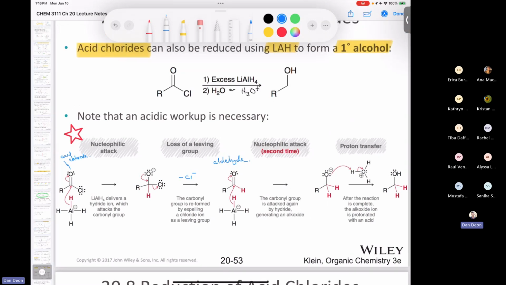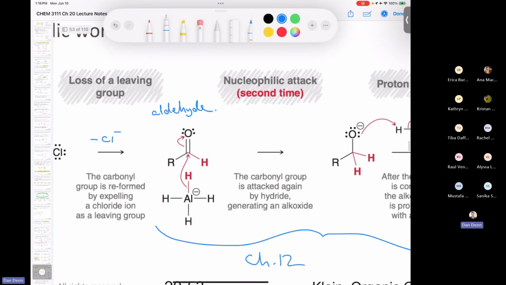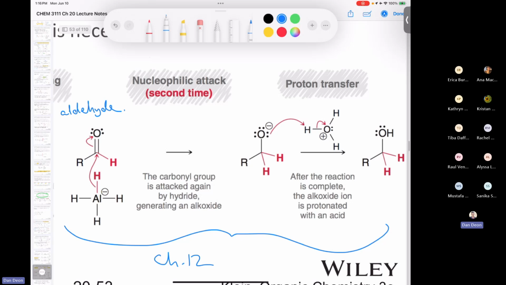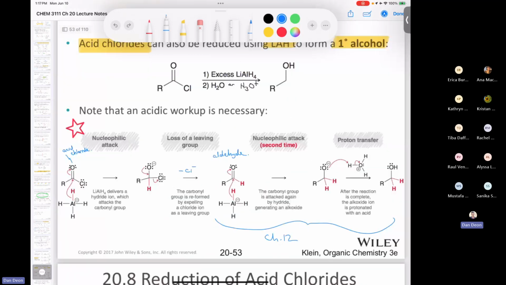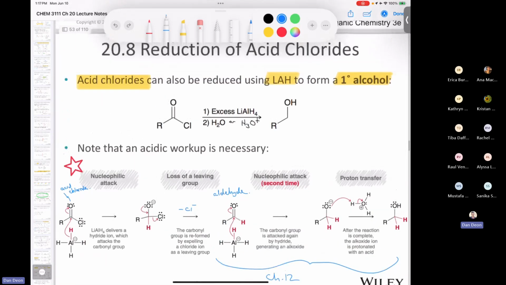So this second part of the mechanism here was actually covered in chapter 12, in the alcohols chapter. So our aldehyde undergoes a nucleophilic attack by the hydride. You form a tetrahedral intermediate, and then in the last step, again, you can write water, but generally speaking, we write H3O plus. It protonates the alkoxide, and you end up with your primary alcohol. Again, I don't want to say simple because that word doesn't belong in organic chemistry, but I'd say a relatively straightforward